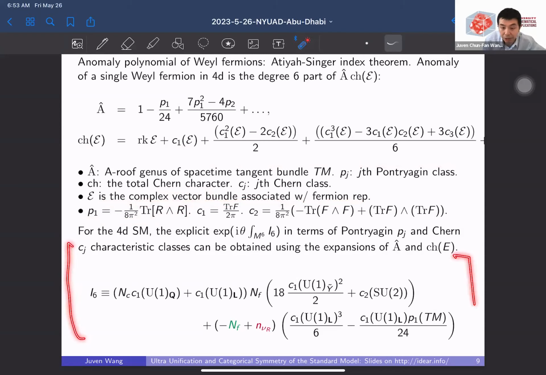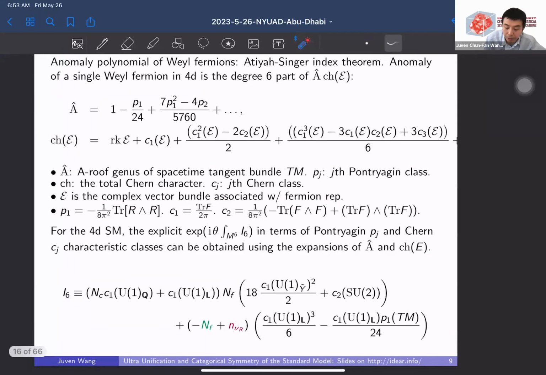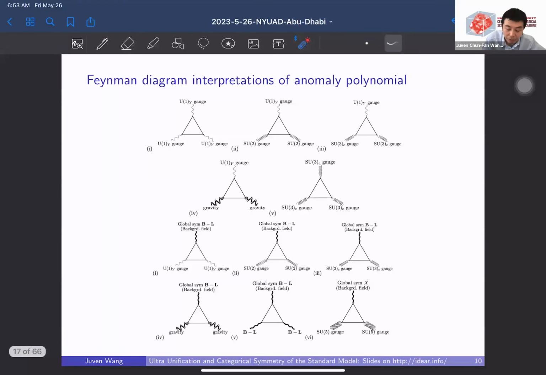And the outcome of this will be this 6D anomaly polynomial with all the data from the standard model fermions. Okay. And this one formula is actually enough to summarize many computations you can do with Feynman graphs. The end message is just this B-SL gravity square and B minus L cube. And possibly if you change to SU5, SU5 was this B-SL X symmetry. This anomaly may not cancel with 15 Weyl fermions. So this is the thing we were emphasizing earlier.